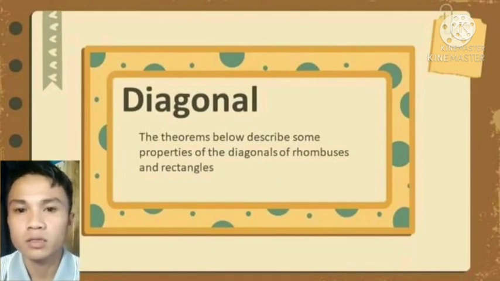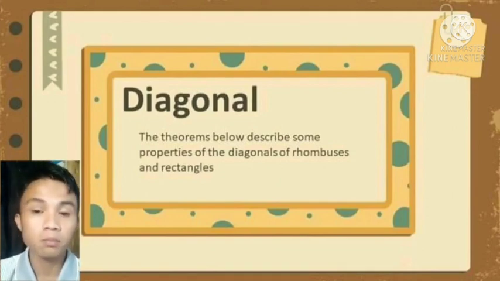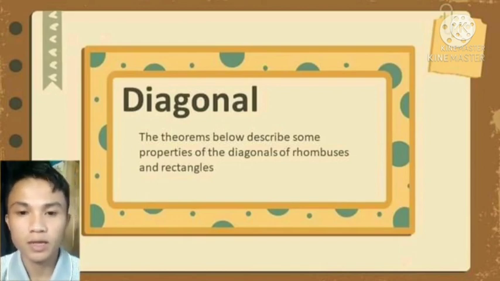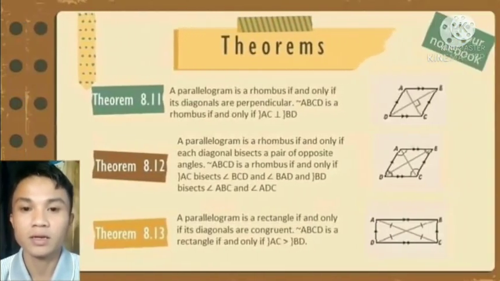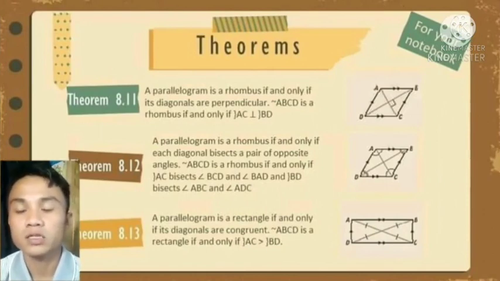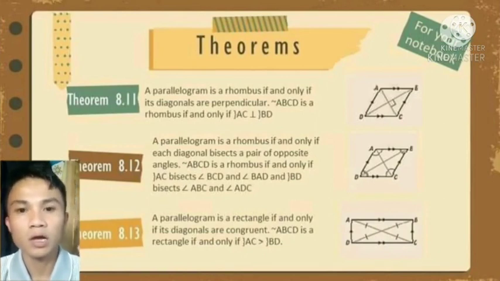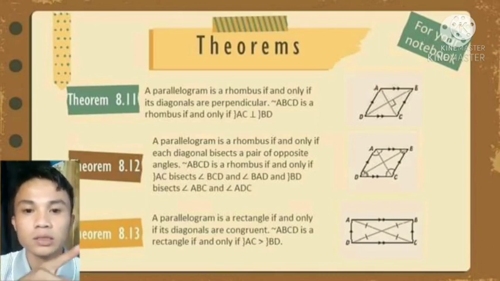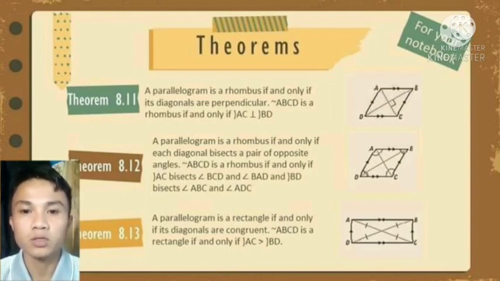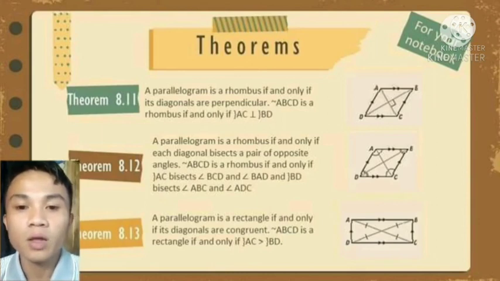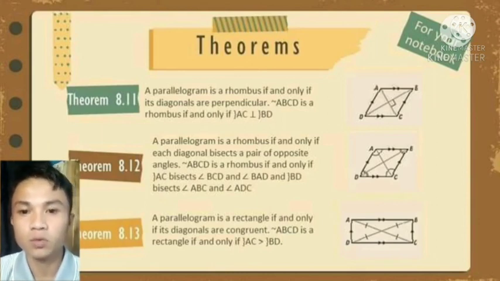The theorem below describes some properties of the diagonals of rhombuses and rectangles. In Theorem 8.11, a parallelogram is a rhombus if and only if its diagonals are perpendicular. So, two lines in a parallelogram intersect. So masasabi natin yung rhombus yun kasi nag-intersect yung two lines which is naging perpendicular. So rhombus siya. So a rhombus ABCD is a rhombus if and only